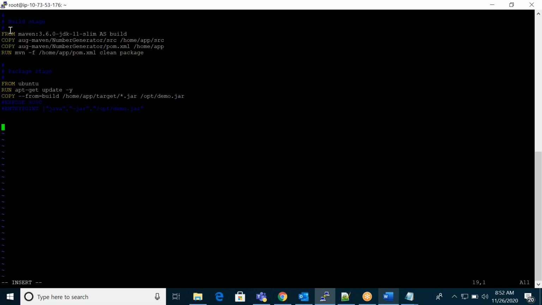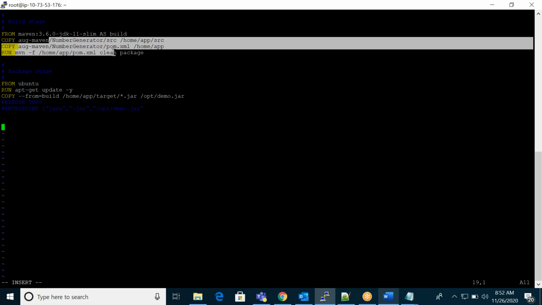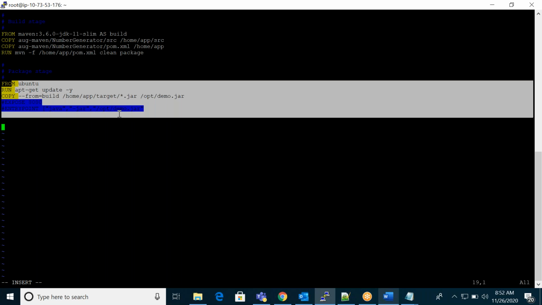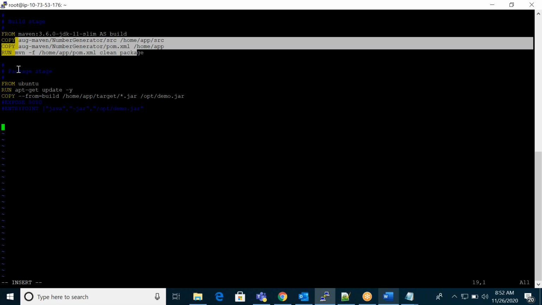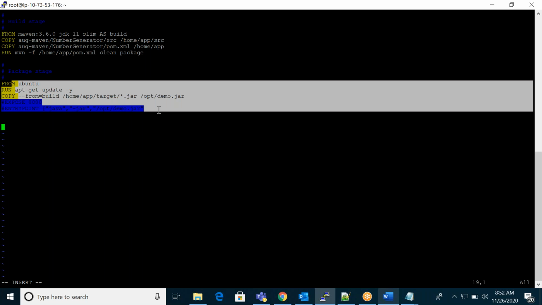That's why what I'm doing is the Maven build, copying my source code, all these things, I'm doing in a different image and building there. From there, I'm copying my jar file to here. This is my actual image. Like multiple stages, simple multiple stages: stage 1, stage 2, stage 3. In stage 1, I'm taking one image, Maven JDK. Here I convert my source code to a jar file. The same jar file I copy into my actual image.